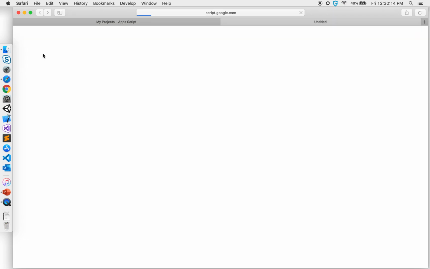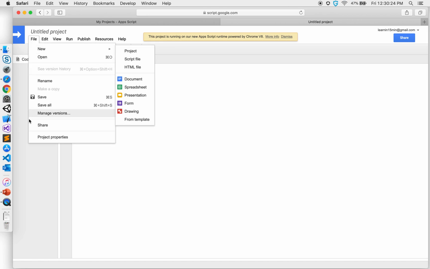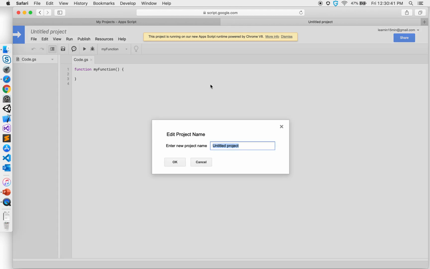You can start your project by saying new project here, and it will create a project for you. You can enter your names here. You can add new files by going to file, new. So it gives you an IDE integrated inside your browser. You can run your projects. You can do a bunch of things right over here. Some of the things that you would want is, what if I want to add some other code or other libraries to the project? There is a section called resources where you can add.